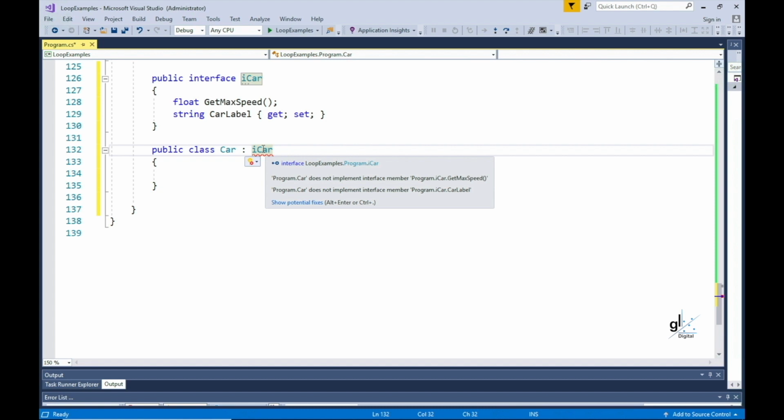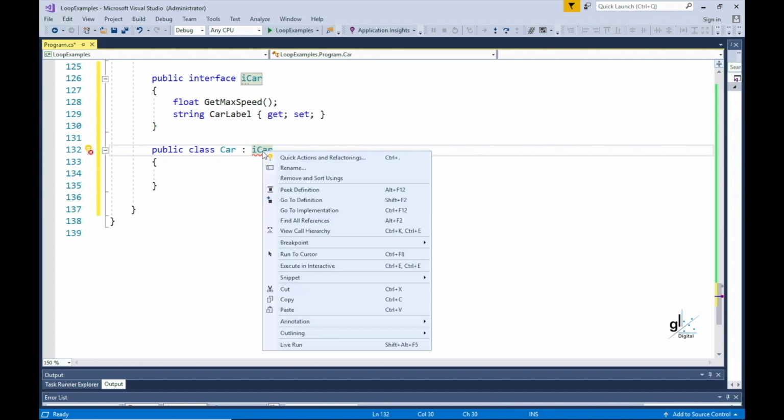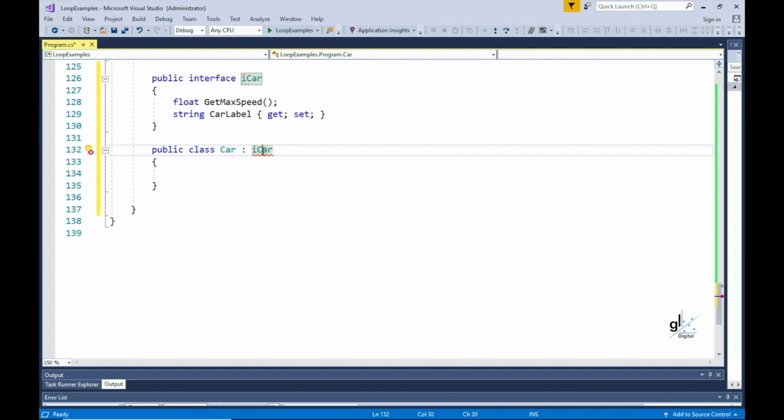yet fulfilled this obligation. If you implement an interface, you must implement code for each of the items, for example methods or properties, that have been defined in the appropriate interface. You can think of an interface as like a contract between the interface and the class that implements the interface, where all the items, for example methods, properties, events, etc., in the interface must be appropriately implemented in the class